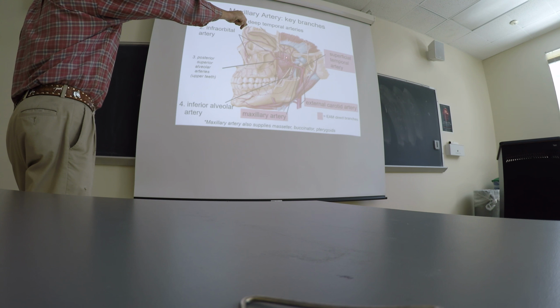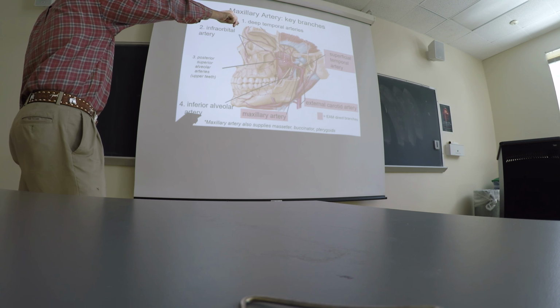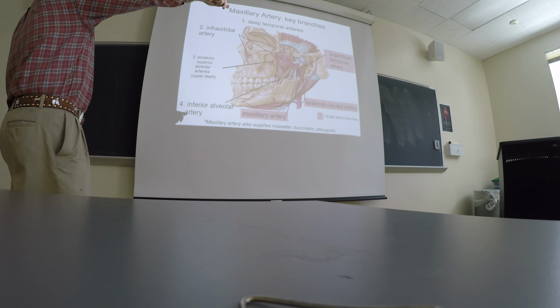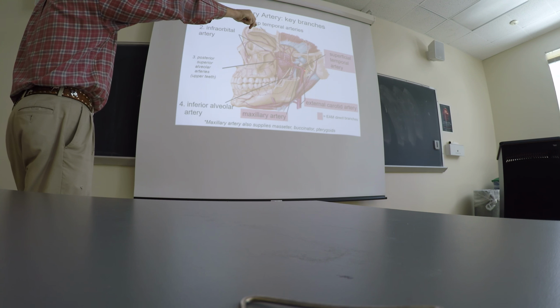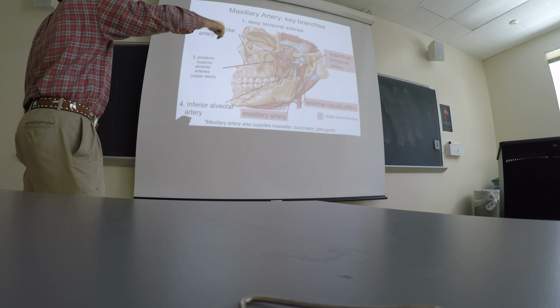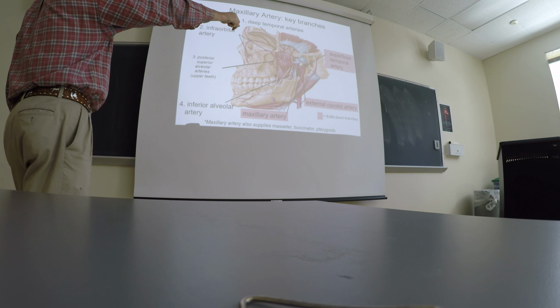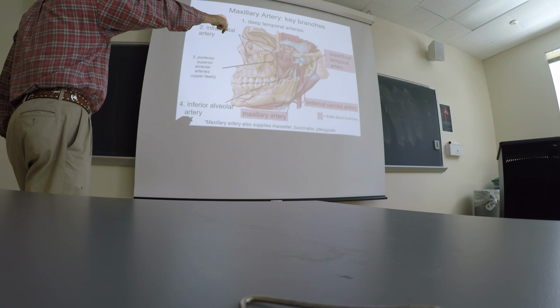Coming forward, there are these deep temporals. Continuing further forward, as I said, the maxillary artery is not just going to do this stuff in the infratemporal fossa, but the branches of it are hitting out and going into parts of the face and the nasal region and the orbit. The ones you should be able to find, there's an infratemporal artery that's going to come up here, infraorbital artery, going to come up here and travel basically under the orbit, send some little branches down to